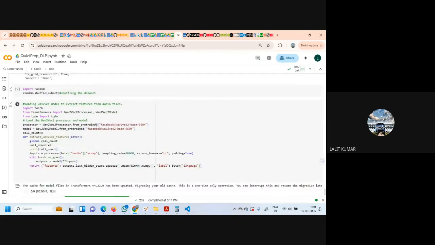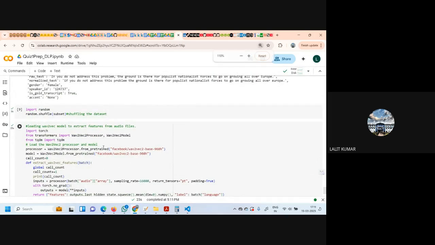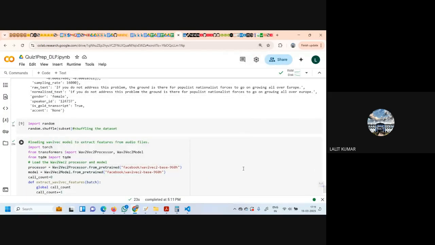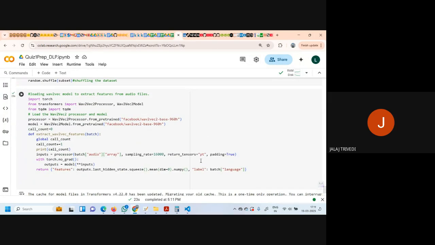So we have to understand now what this code is doing. This is visible to all of you? Yes, it is visible. Okay, so what we have done, we have imported Wav2Vec2Processor, Wav2Vec2Model, tqdm is for that. So the processor we load from facebook/wav2vec2-base-960h, okay, we have done.